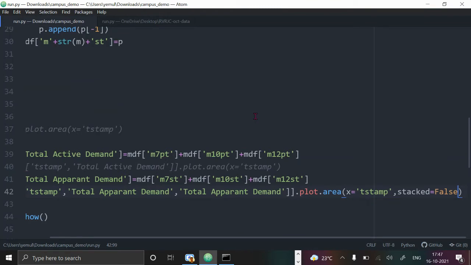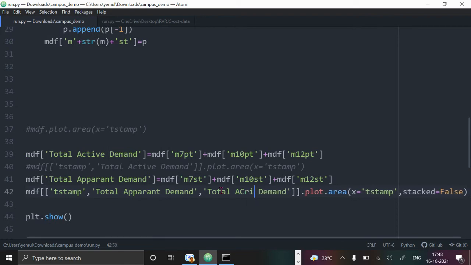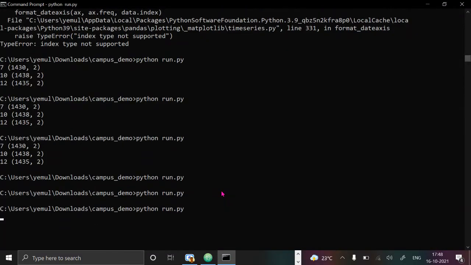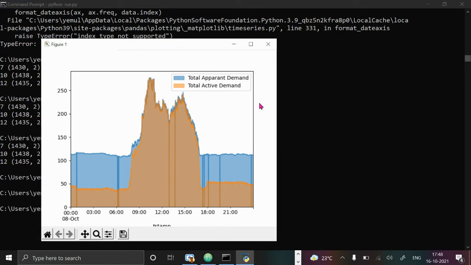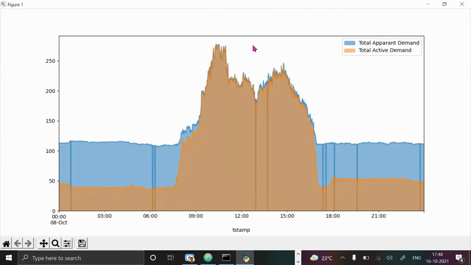I think here I have to make... the same thing is plotted two times. That's the reason. So here it is. Now this is the difference we are able to get.